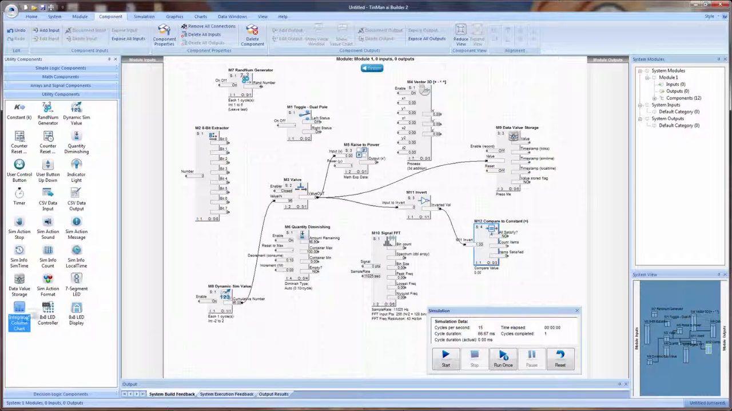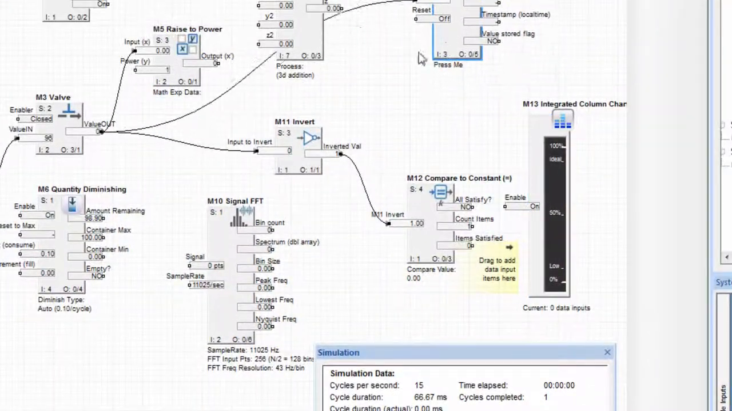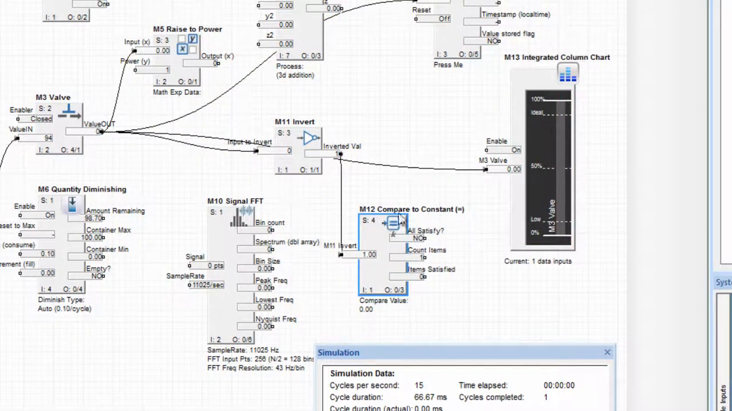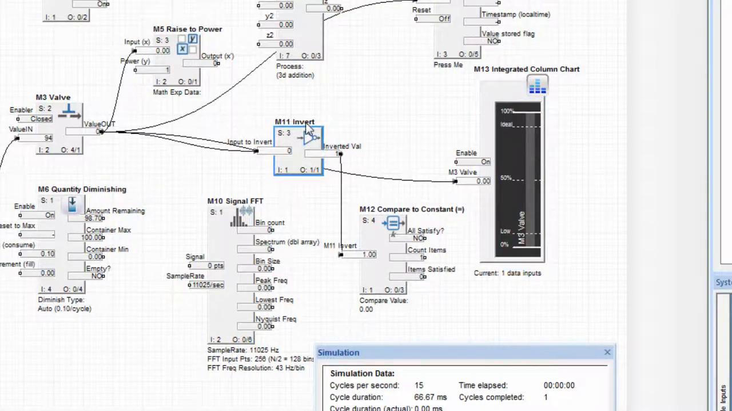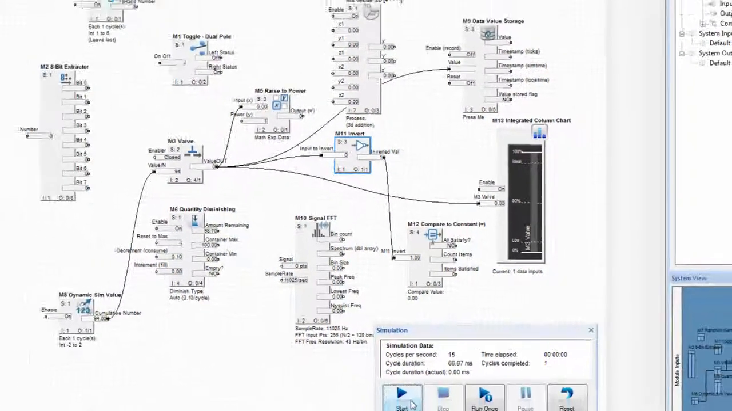Some are visual components. For instance, the integrated column chart would just be something you drag to the screen to watch a value. You just drag here to this open space, and that value then would be plotted as you simulate and move through the